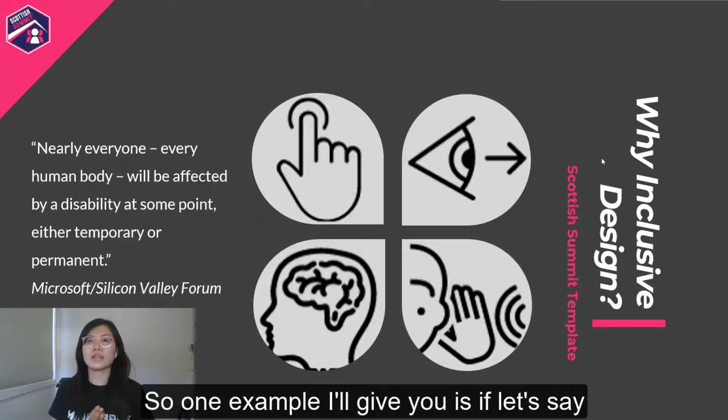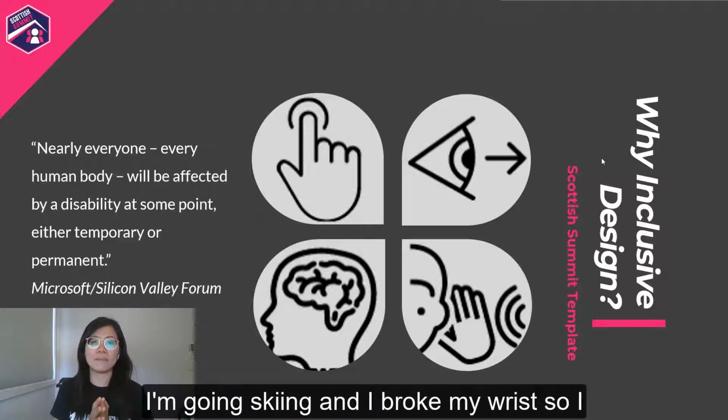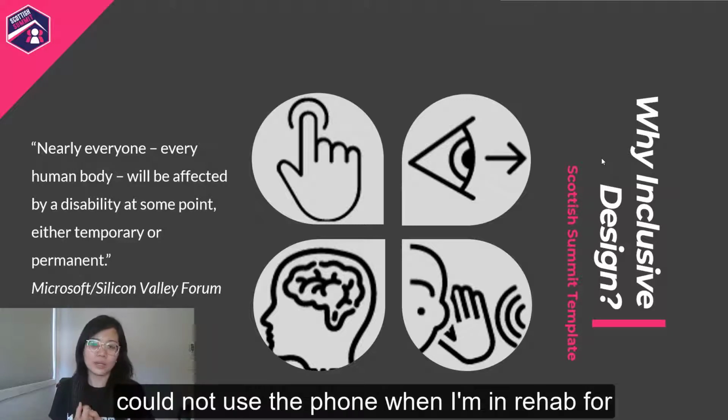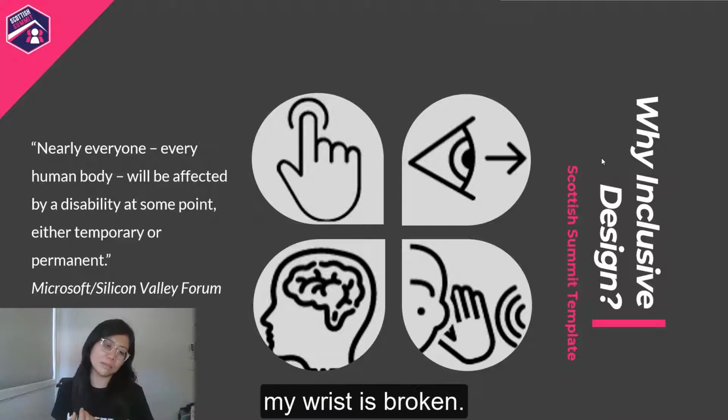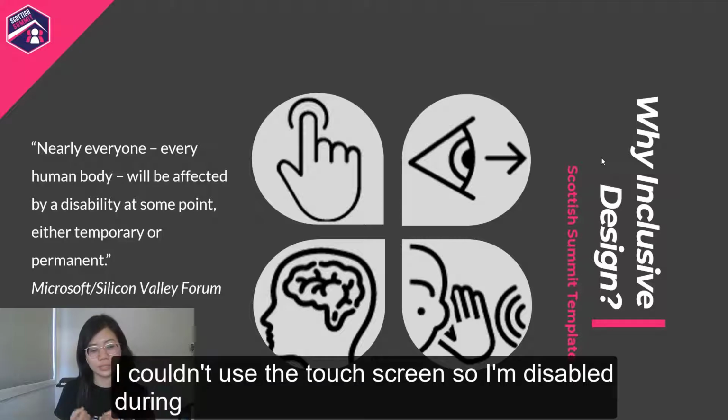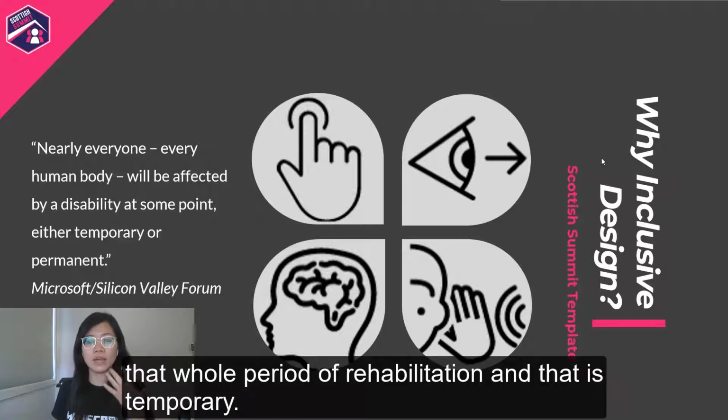One example I'll give you is, let's say I went skiing and I broke my wrist. I could not use the phone while I'm in rehab for, let's say, two to three weeks or maybe a month, because my wrist is broken. I couldn't use the touchscreen. So I'm disabled during that whole period of rehabilitation, and that is a temporary